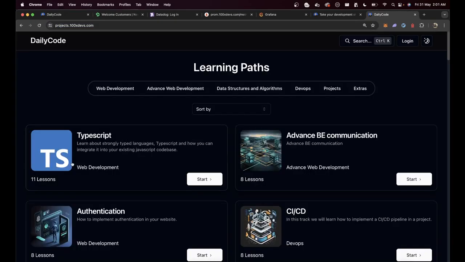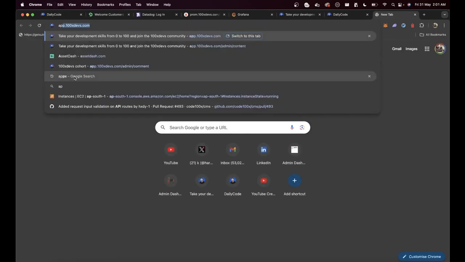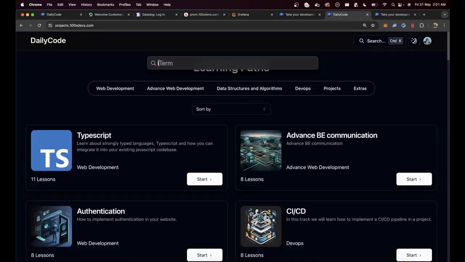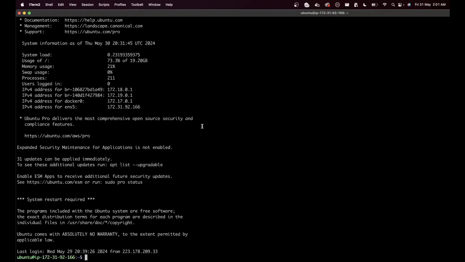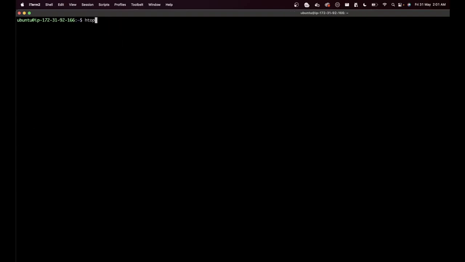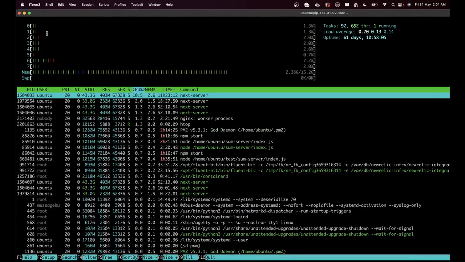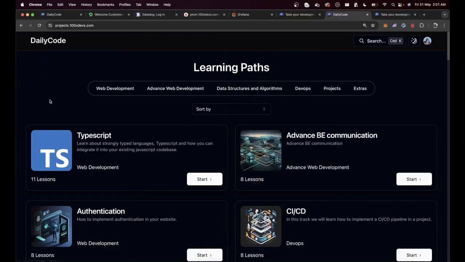If you look at projects.100xdevs.com and app.100xdevs.com, both of these websites are hosted on the same Linux machine. If I SSH into that Linux machine, SSHing means I'm trying to connect to that Linux machine. Then over here, I can see the CPU usage like this. As you can see, it's hovering around 1%, 2%. So this specific